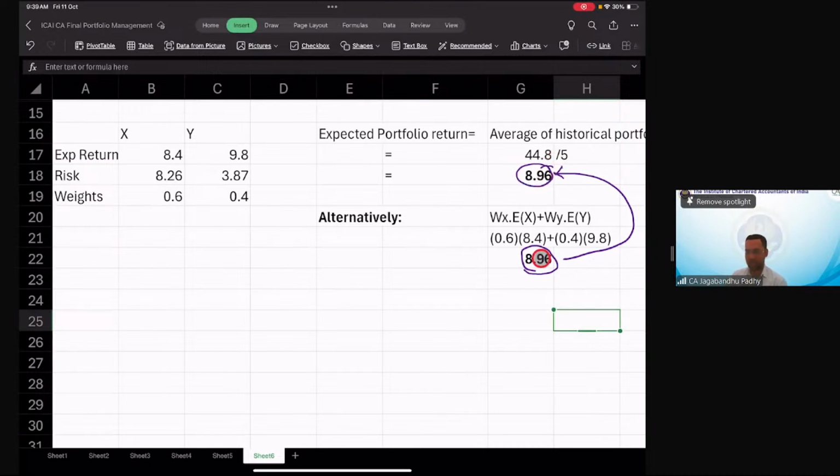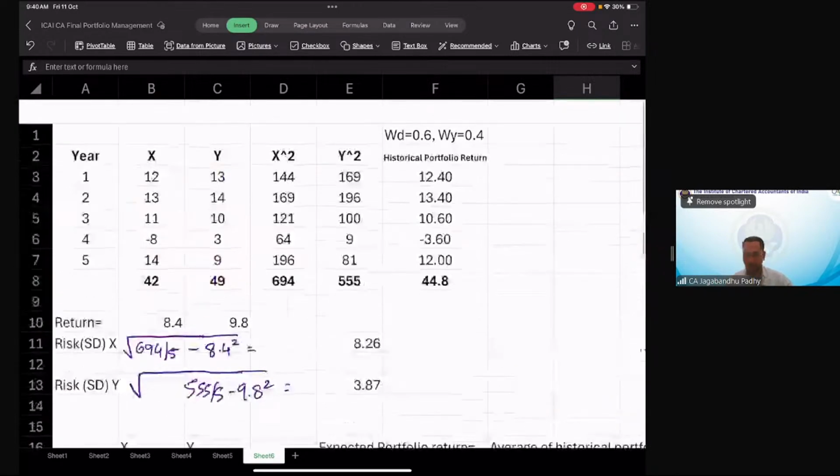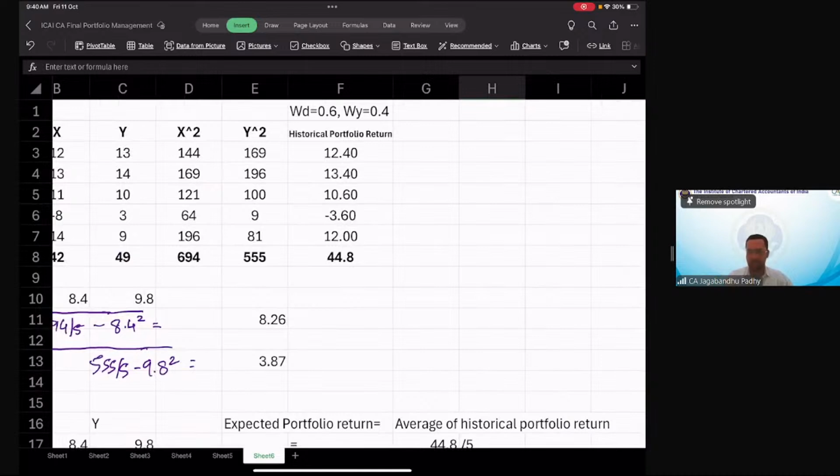So 8.96, that's the same thing, guys. No difference at all. Now the idea is looking for the risk of the portfolio. Let's compute the risk of the portfolio with the same method. So how do I get the risk of the portfolio now? Obviously, standard deviation of the returns, right? So in order to calculate the standard deviation of the return,